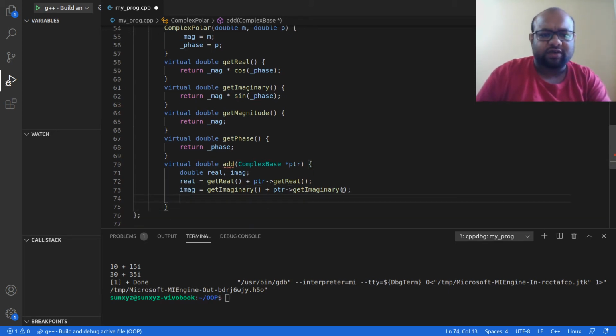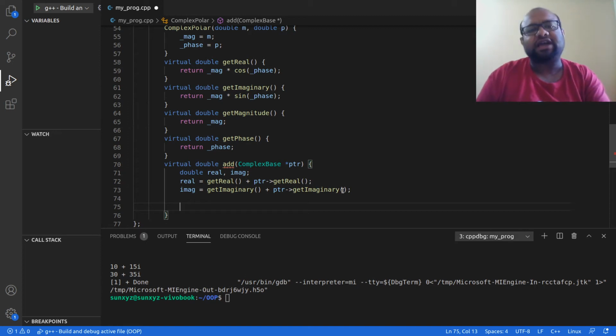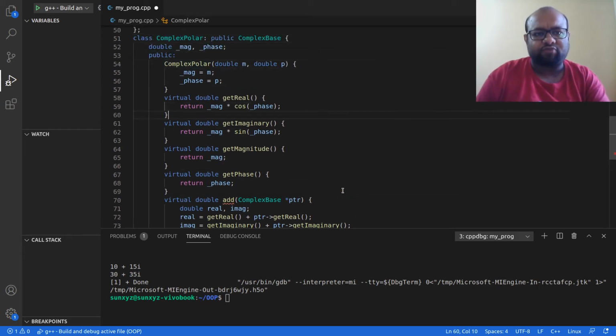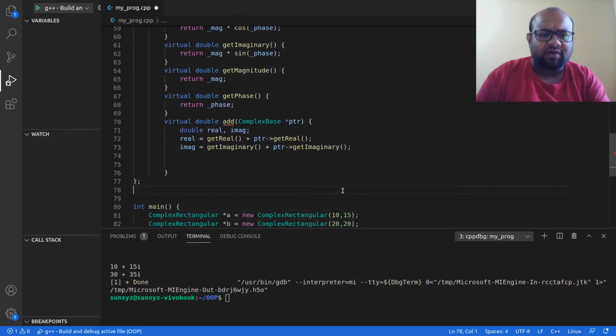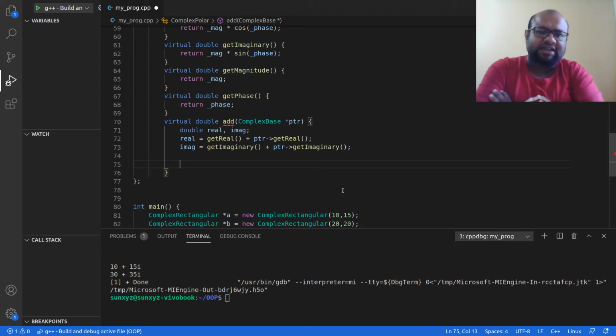So this is how I get the real and imaginary part of the sum. Now from this real and imaginary I need to convert it back into polar form. This is my polar complex number representation, and I need the magnitude and phase. Right now I have this sum in rectangular form with real and imaginary. I need to convert it into polar form with magnitude and phase.